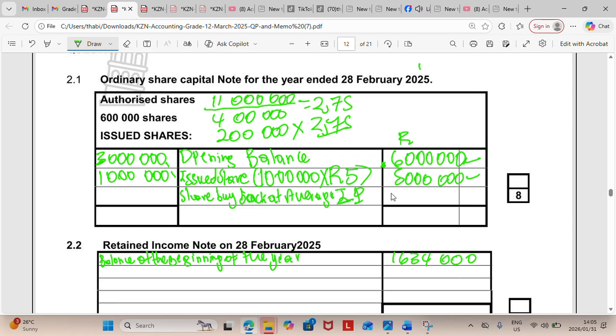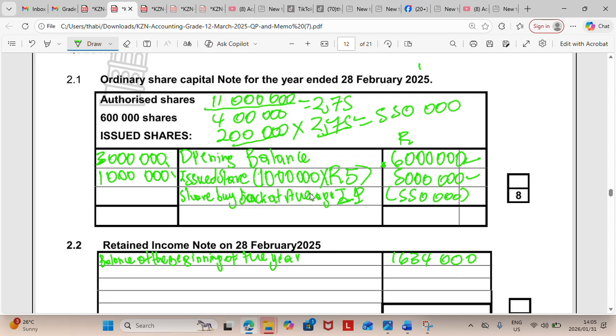So this is what will happen. We need to decrease our ordinary share capital by this amount. 200,000 times 2.75, you should get 550,000. So we go and minus here